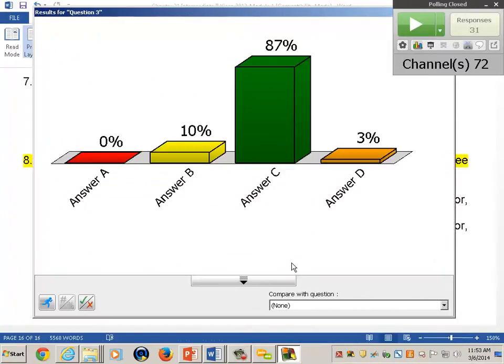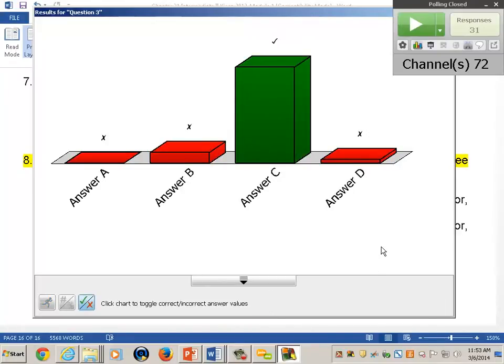All right, so the answer is C. So you have to use the incremental borrowing rate or the implicit rate if it's known, and the lower of the two. So you always use the lower of the two. If this is IFRS, it's always the implicit rate if you know it, regardless of its magnitude relative to the incremental borrowing rate. But under US GAAP, you've got to use the lower of the two.